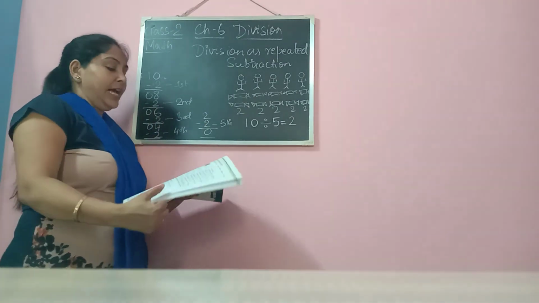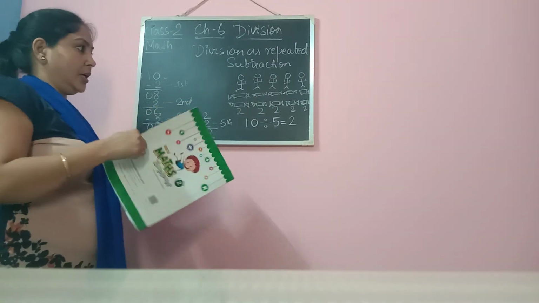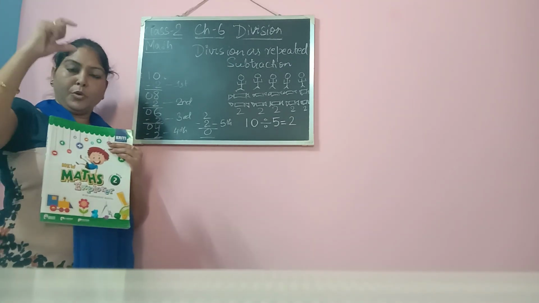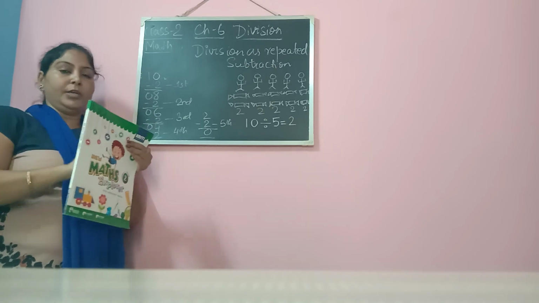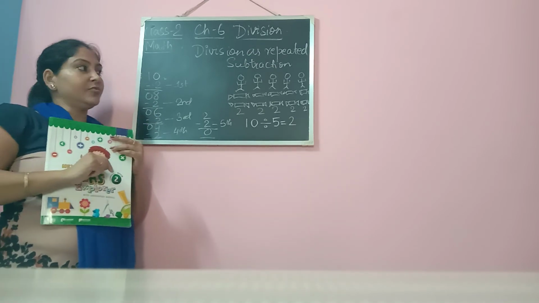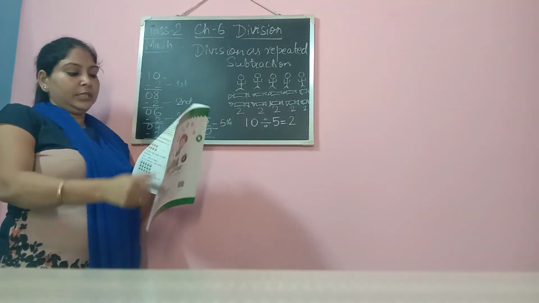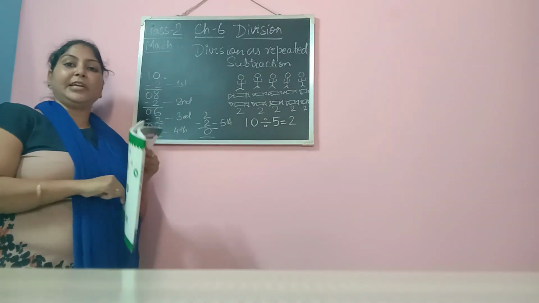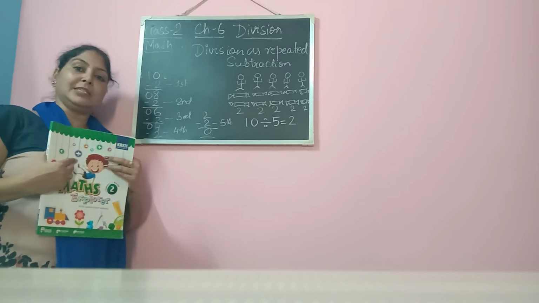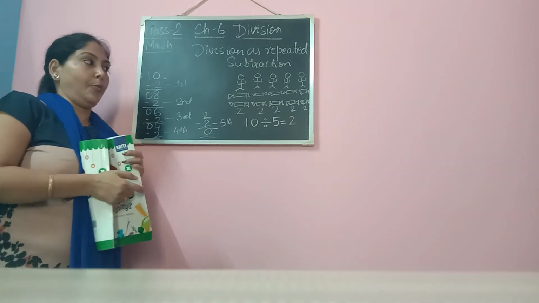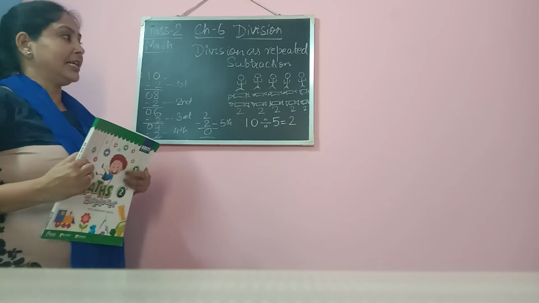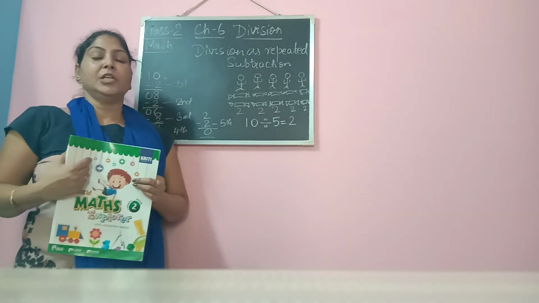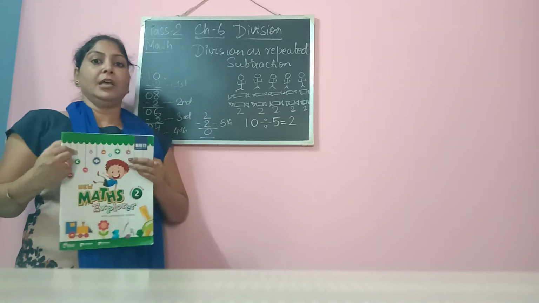In this way, I am going to give you a few more. I will send you a few more examples in the link which are not here. You will do these in the book on page number 89 itself, and along with that I will send you a few more questions which you will complete in your Math CW copy. Please do practice these concepts, because this is a new concept for your class. You need to practice it, otherwise you may not get it.